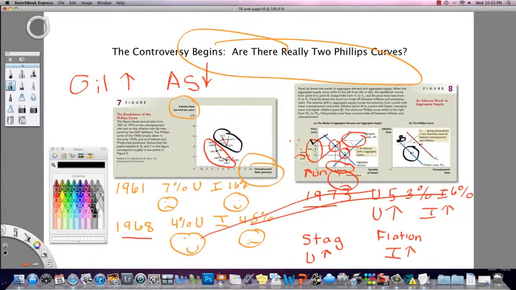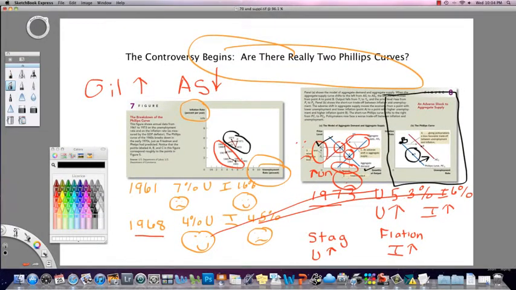But what happens along a movement along the line is that the unemployment rate would go down. And here we know the unemployment rate is not going down. So the only way to show stagflation is to have the Phillips curve shift to the right. Now, this is very important. I want you to picture the Phillips curve as, and I wish I could do better, I wish I could draw better, I wish I could speak better,